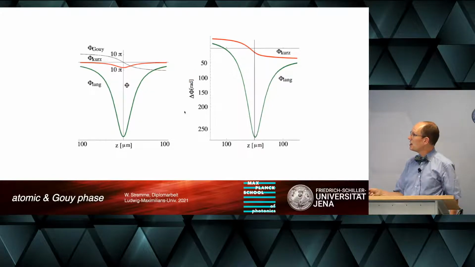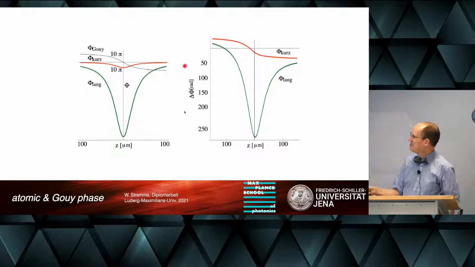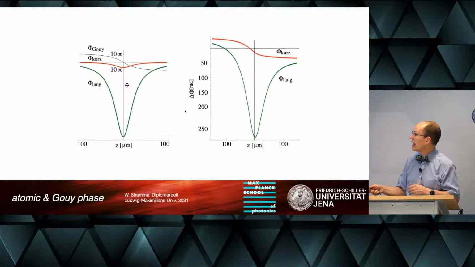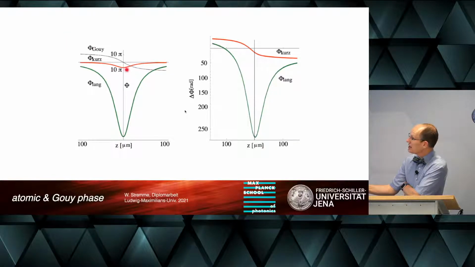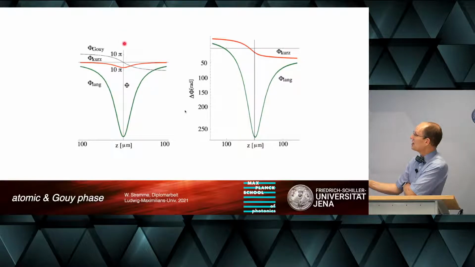What's also plotted here is the Gouy phase, I should say. He's a Frenchman. And we need to add both in order to get the total phase. And what you see here is that behind the focus, the Gouy phase has a negative slope, and the emission phase, the atomic phase, has a positive slope. So here they compensate each other. Here it gets flat. So here you find actually the sum of both, of Gouy phase and